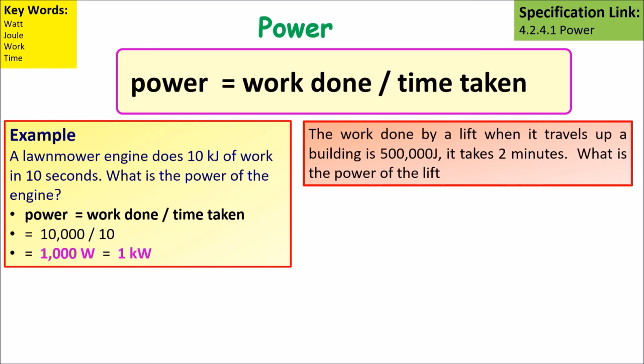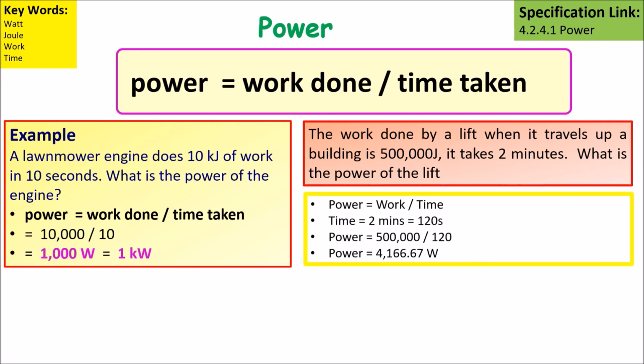One last example. The work done by a lift when it travels up a building is 500,000 joules, and it takes 2 minutes to do this. What is the power of the lift? First, we need to remember to convert the minutes into seconds. So 2 minutes is 120 seconds. Then we just plug that into our equation. So you've got 500,000 divided by 120, which would give us